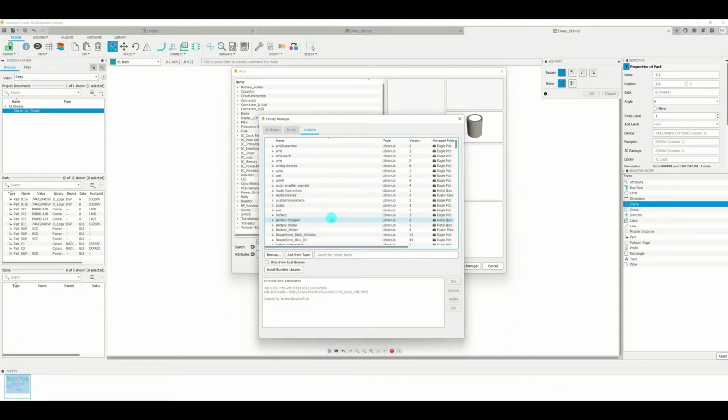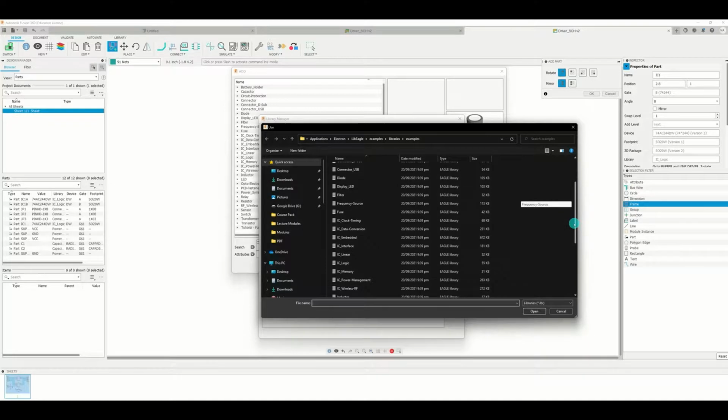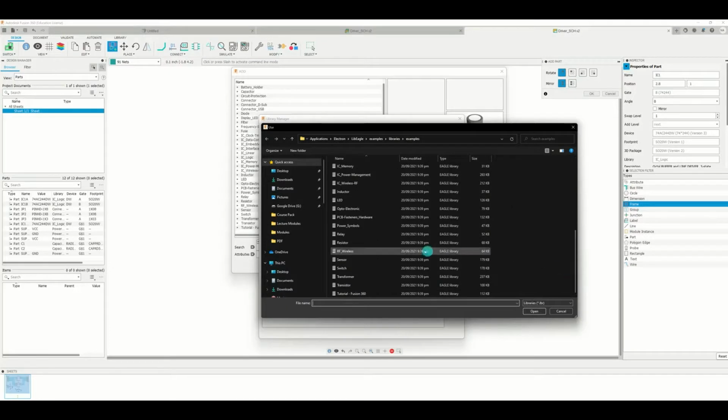Then you can browse and find the particular component. Let's see if we can browse, and if you have it in your PC, then you should be able to search. For example, if you don't have a particular library, you can download it. Then afterwards you place the library into this folder